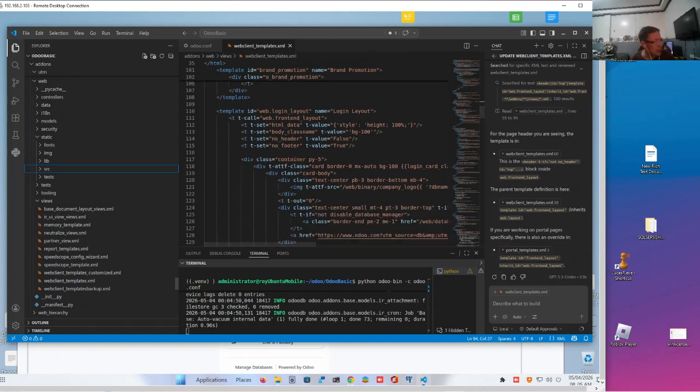Where do we put the inline style? Right at the line 110. Let me look for that.